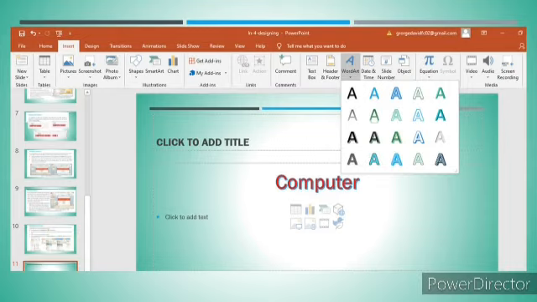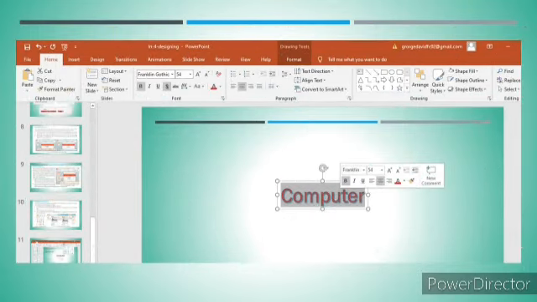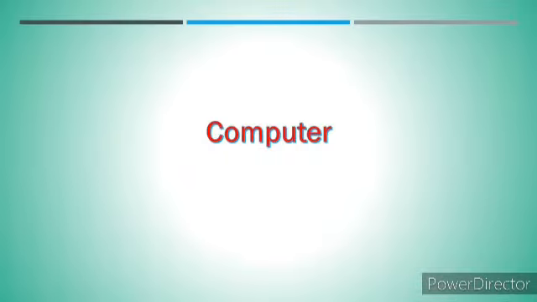For example, select the Insert menu. From the Insert menu, select the Word Art option. Select a layout and type the text. After typing the text, when you double click on the text, a toolbar appears on top of the text. Here you can make the necessary changes. Then press enter. Whatever changes we have done will be applied to the text.